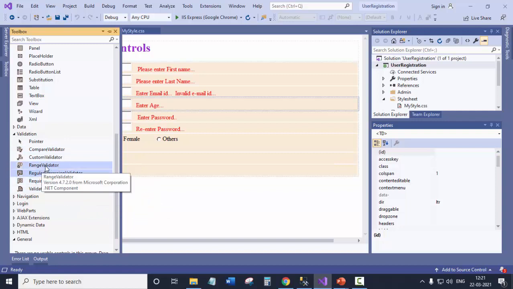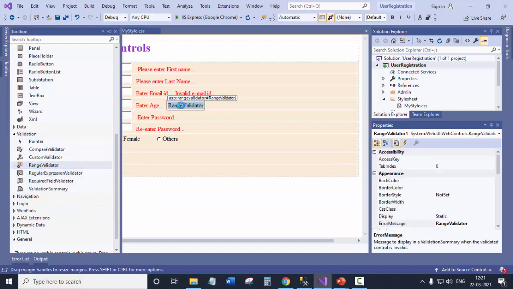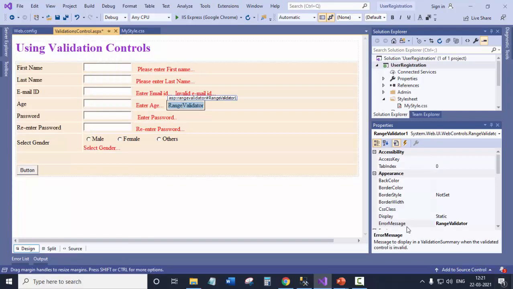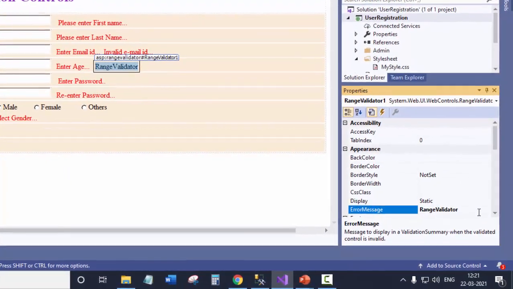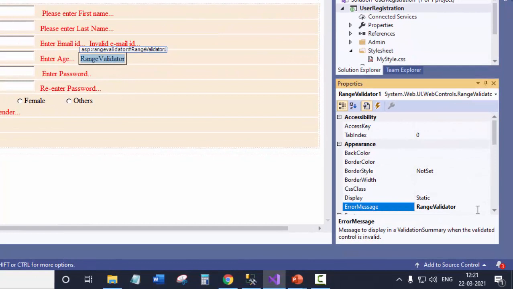We can go for the range validator, where you can specify the range of age that you want to accept from the user. Here we will use the error message: age should be between 18 and 60.